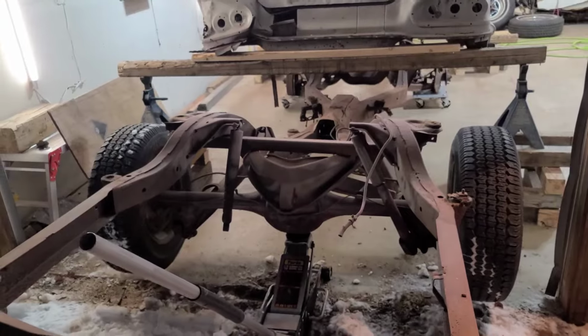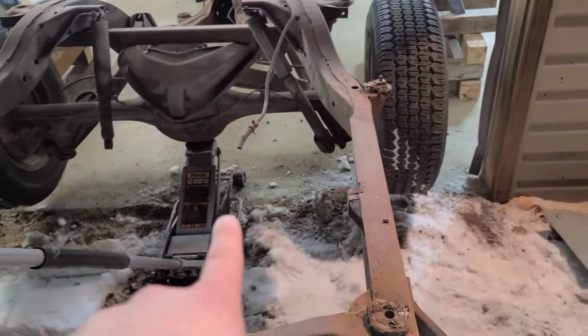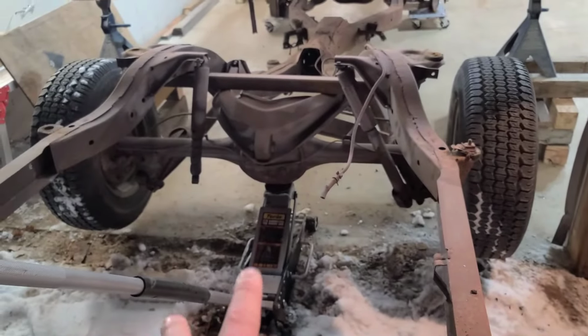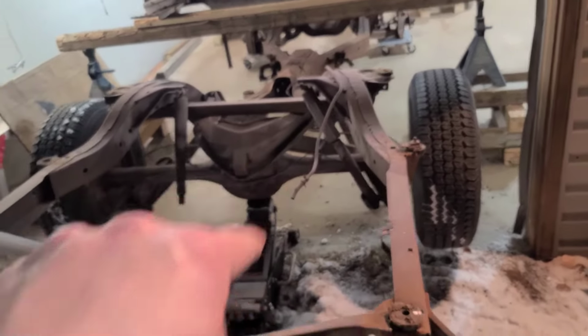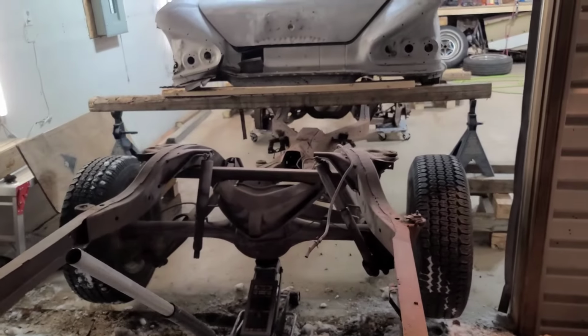Cool, so I had to stop about halfway. Once these skates got to right here, as you can imagine, they don't slide too good on the snow, so I had to get the jack in there, jack it up, get the rear tires on it, and I'll let it back down. I'll pull it the rest of the way until the front skates on the coasters there get past